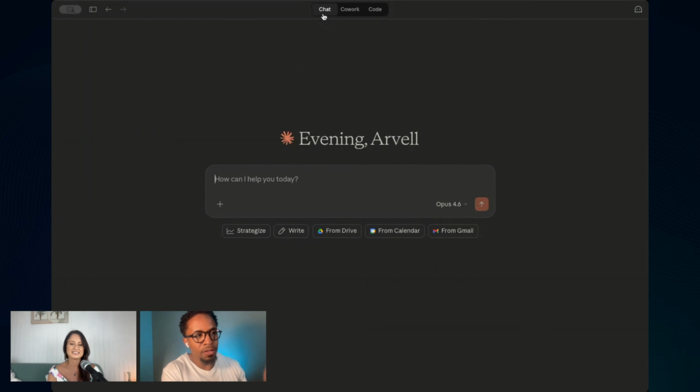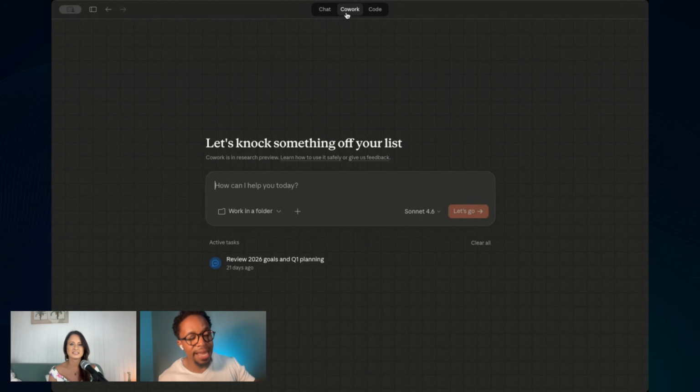So there's chat and there's cowork, and the basic difference between these two is that chat is mainly all cloud-based, meaning it's connected to the internet and all of Claude's features, versus cowork is connected to your desktop. So it has the ability to access files on your computer. Most people save their files on Dropbox or Drive online, but there are some advantages to using folders on your computer, and that's what the cowork side does.